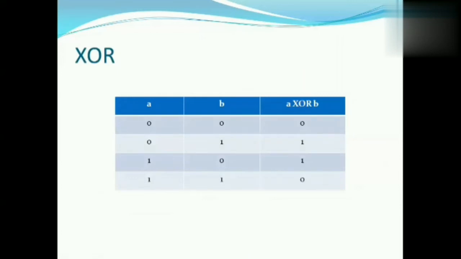I'll explain one example of XOR. You can remember the XOR operation like this: if both bits are the same, like 0, 0, then the output is 0; with 1, 1 the output is also 0; and if the bits are different, the output is 1. It can also be remembered as a modulo 2 operation. We add the two bits and take mod 2. So 0 plus 0 mod 2 is 0, 0 plus 1 mod 2 is 1, 1 plus 0 mod 2 is 1, and 1 plus 1 is 2, and 2 mod 2 is 0. Mod means the remainder. If I divide 2 by 2, the remainder is 0. So there are different ways to remember this table; you can follow any one.